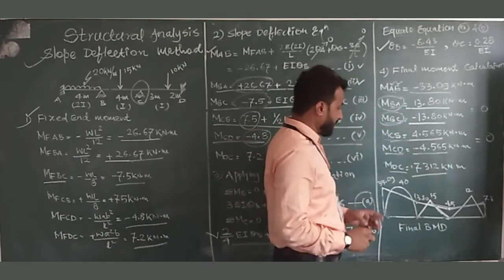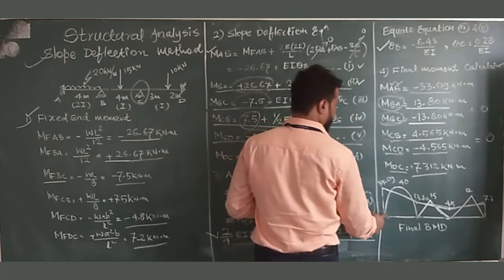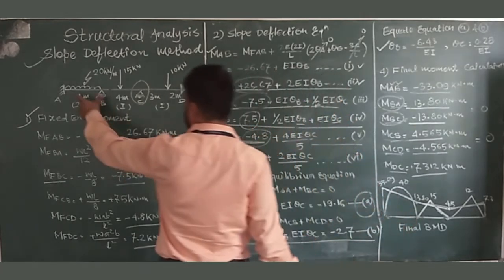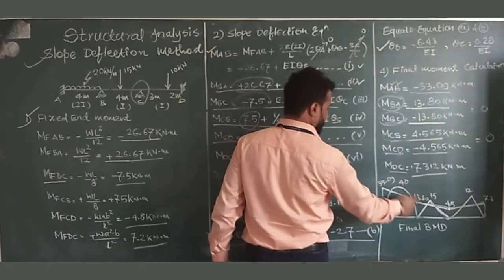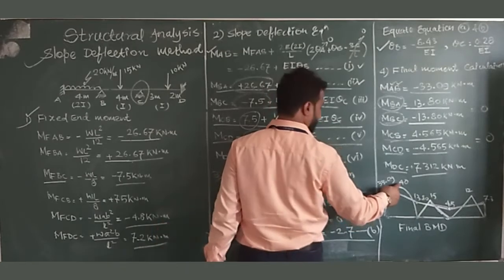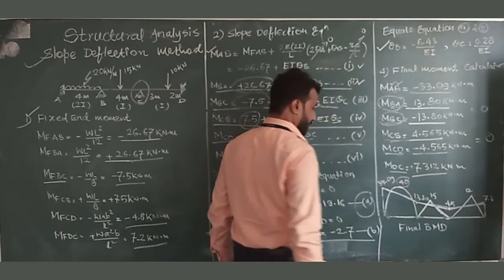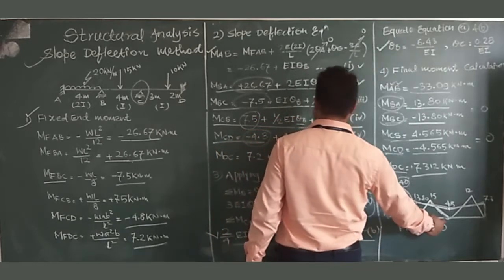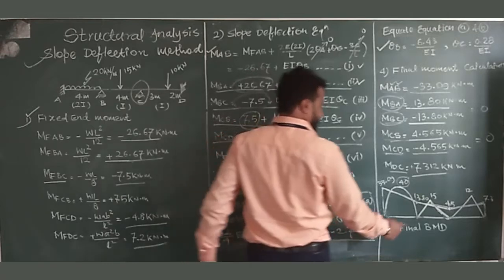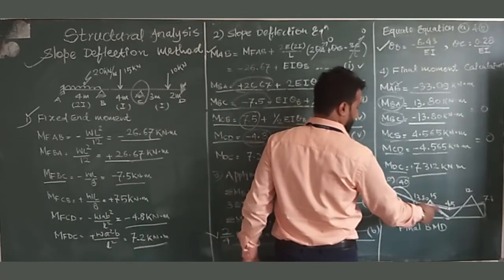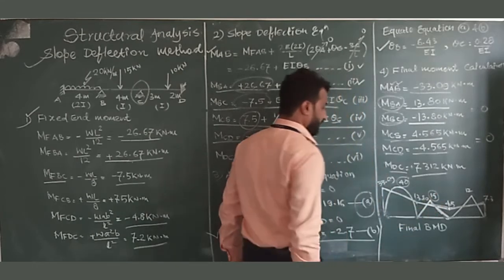Now, in addition to this, we have to add the free bending moment diagram. So the very first member, AB member, is having a UDL, that's why we will draw a parabolic shape, a second degree curve, and the value will be WL square by 8. So we will get the 40 kNm value. Now the second is the central point load, that is 15 kN. So due to that, we will calculate the bending moment as WL by 4. So we are getting the 15 kN value.